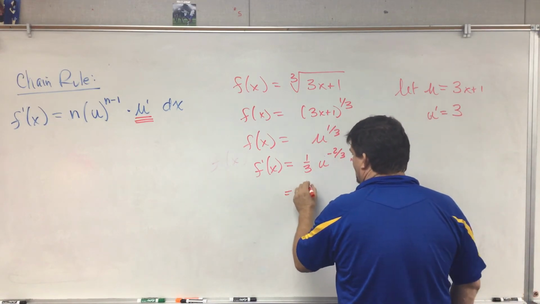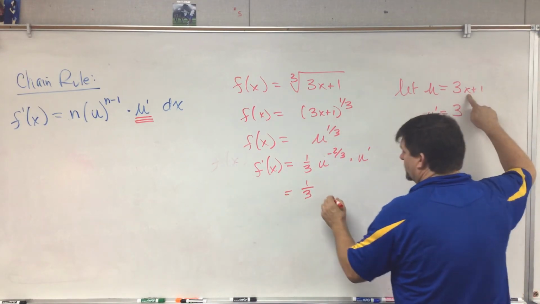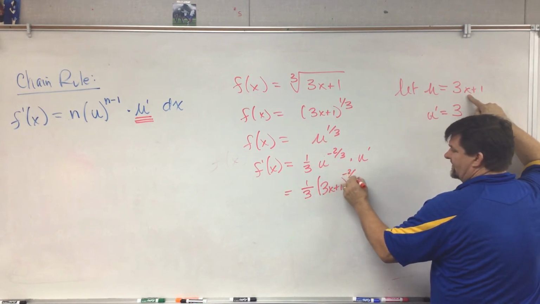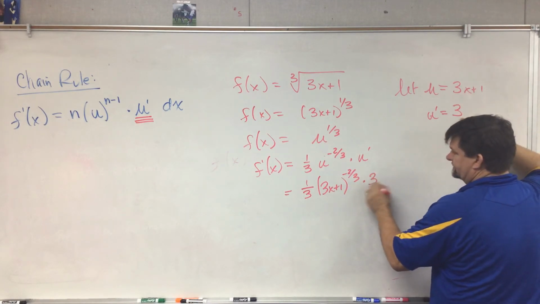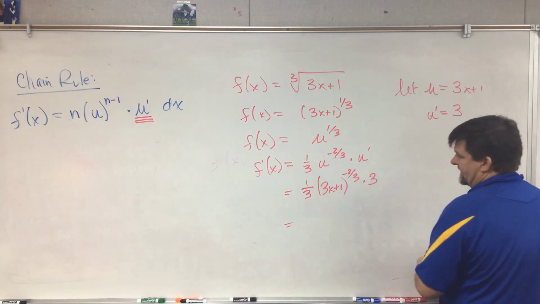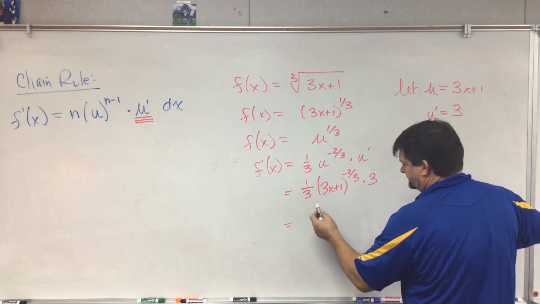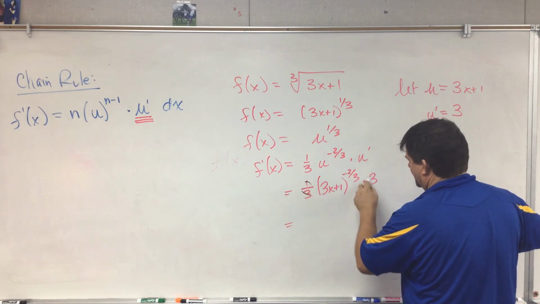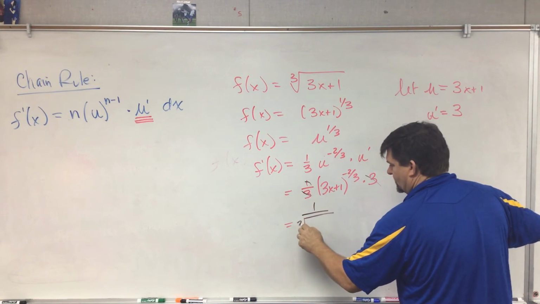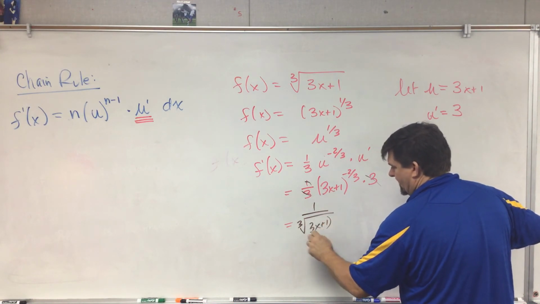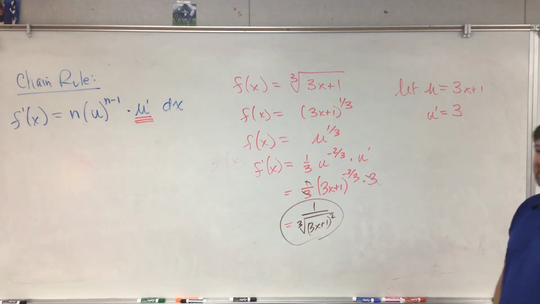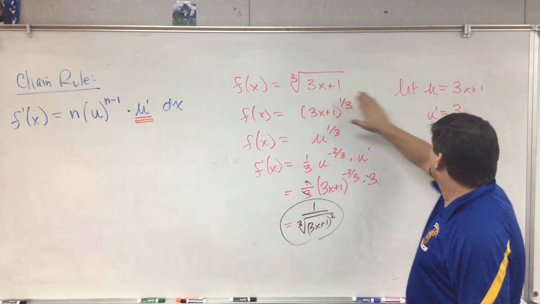Then if I plug everything in, I get 1/3 u to the negative 2/3 times 3. Let's clean all that up. If I clean all this up, those multiply together and cancel, so I get 1 over the cube root of 3x plus 1 squared. Okay? So the key step to this, it's a short video,